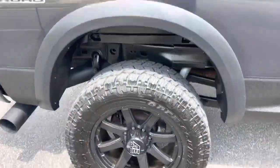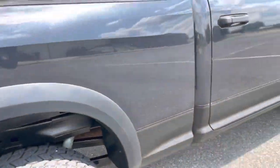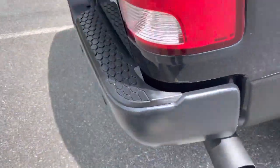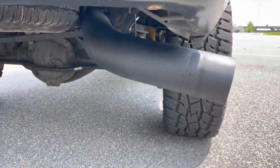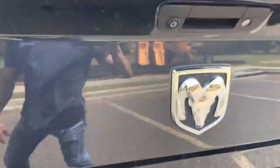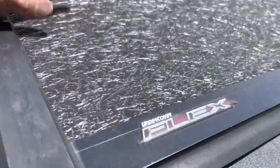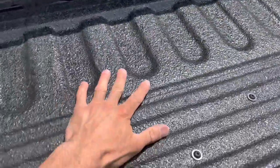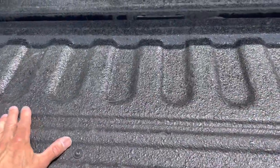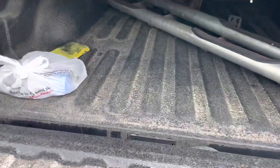Moving around to the rear, it's got Bilstein shocks on all 4 corners. I'm gonna get underneath the truck to show you guys. This is actually, I'm gonna start while I'm here. 4-inch turbo back exhaust system, backup camera. This is an Undercover flex bed cover in the rear. It's a spray in bed liner. Got some step rails off of an F-250. It doesn't even belong to this truck. I don't know why they're in here. Anywho,